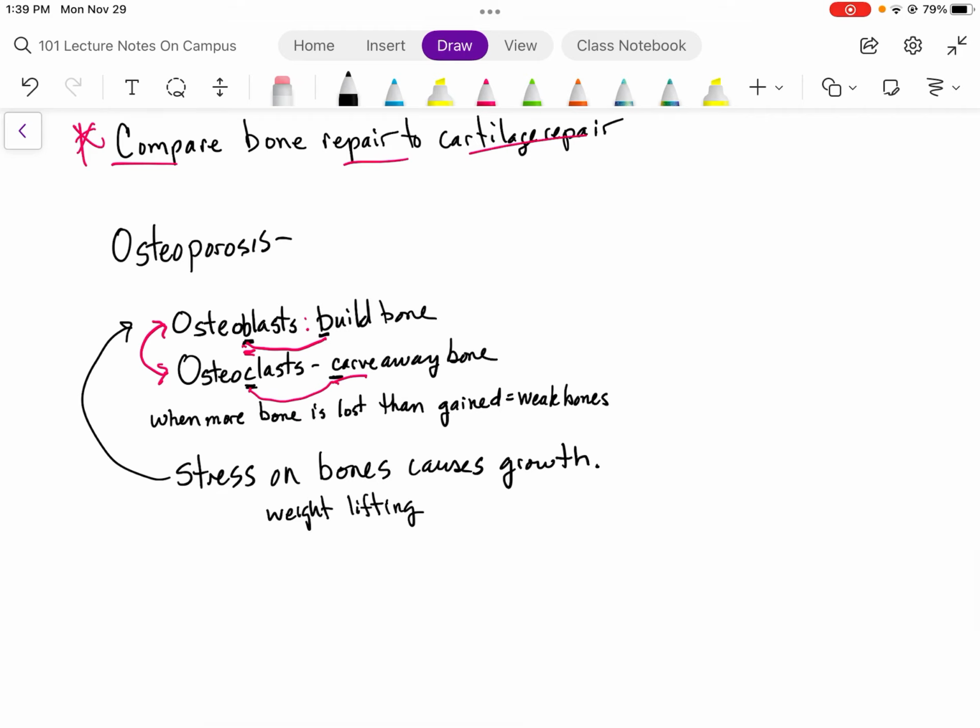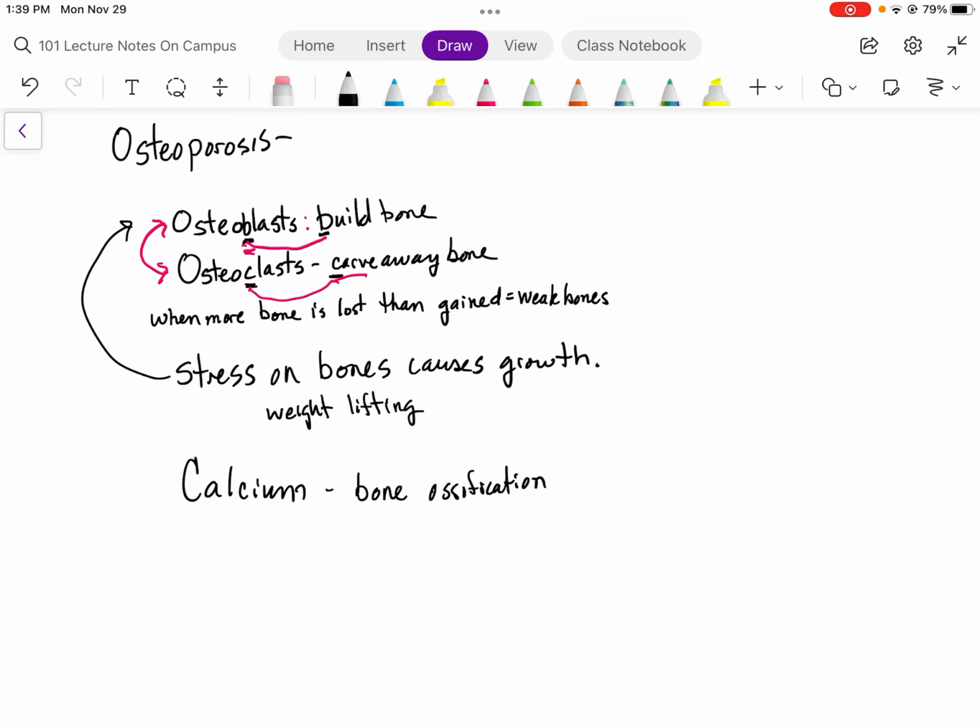Another alternative is to make sure that one gets enough calcium. Calcium is required for the ossification of bones. And bones also store calcium for use by the body. Calcium is one, the other is vitamin D. Both of these are required. This is produced by the skin in sunlight. And so when people live in areas that are very far north, like north of the Arctic Circle, and don't get enough light for 6 months of the year because it's very dark, they can get what is called Osteomalacia,